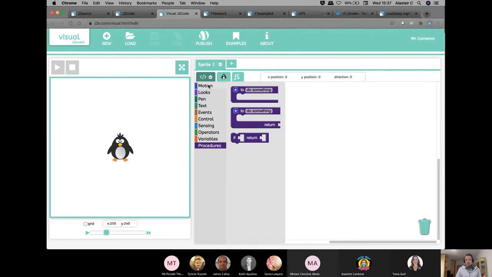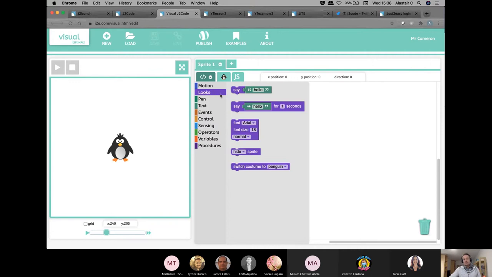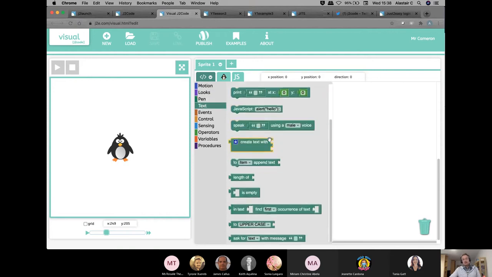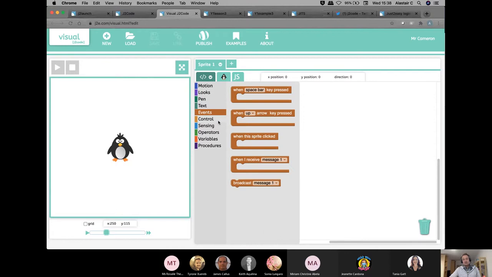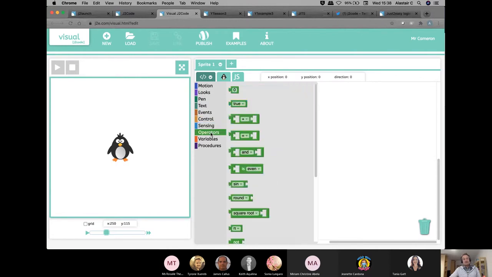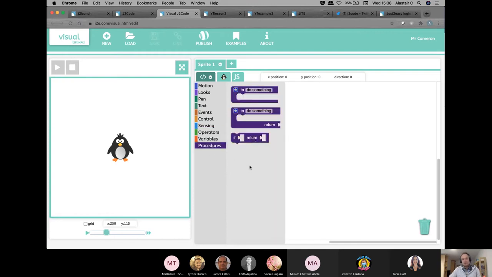It would be helpful to have a quick look yourself as you're delving into J2Code, to see for yourself the different options of motion, the ability to turn in different directions, the looks tool, the things that the sprites can do, the pen tool, the text tool, the event tool, the control tool, the sensing tool, various different operators and variables, and specific procedures.